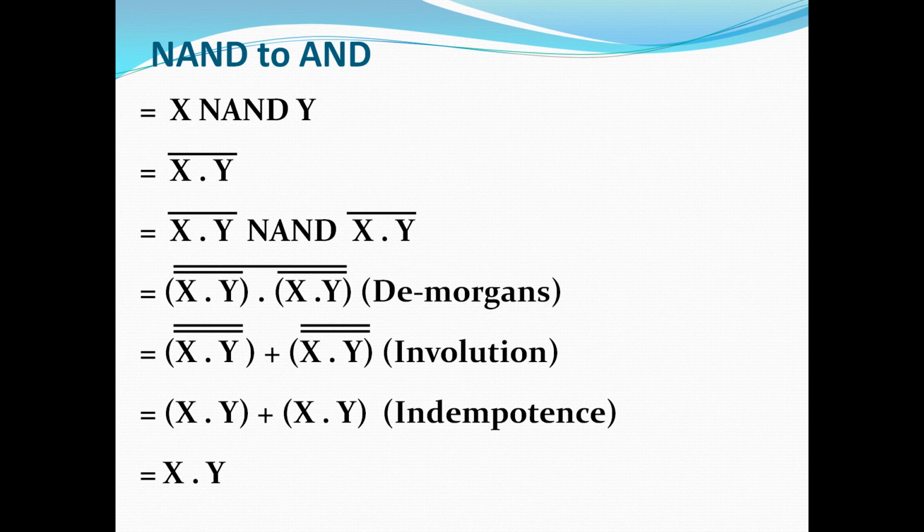So here two terms are same. Whenever two same terms or three same terms are there, you can keep one term and discard the remaining. For that type of operation, we are using the idempotence law. Here two terms are same, so we can reduce the one term. The output will be x dot y, that is the output of AND operation. So like that we can implement the AND operation using the NAND.